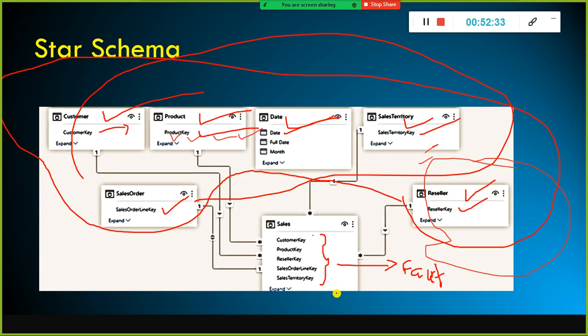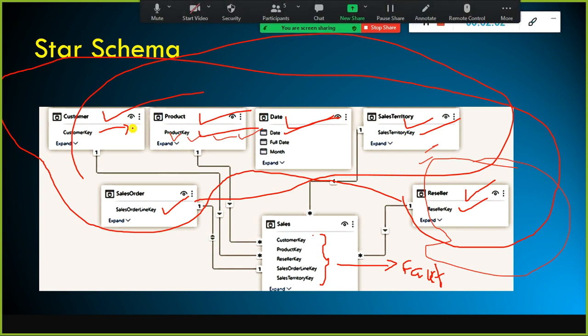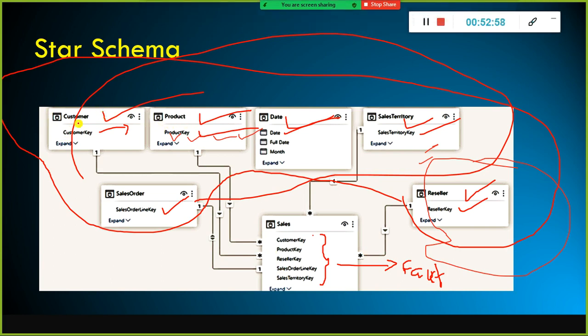Fact is nothing but the total sales or total revenue, gross revenue, COGS, cost of goods sold. These are called your facts. So the fact table will have the combination of all your dimension tables' surrogate keys plus the facts, and each dimension table will have the combination of the descriptive information about your fact table and the surrogate key.